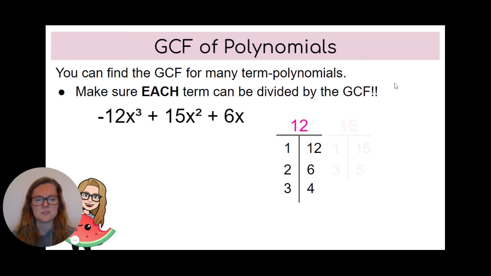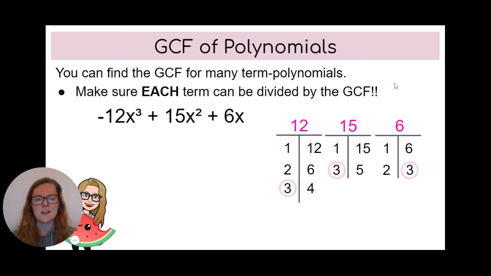So here are my factors of 12, 15, and 6. I look and see the biggest number between them is 3. So that's going to be my number, my greatest common factor. Now let's look at x cubed. I can write x cubed as x times x times x. Similarly, x squared as 2 x's multiplied, and then just 1. Again, now I'm going to be like, hey, what do they share? They only share one x because this guy over here only has 1 to give. So my greatest common factor is going to be 3x.